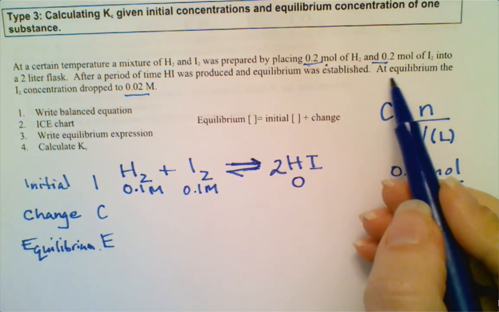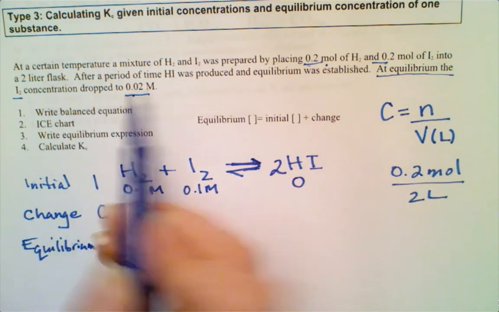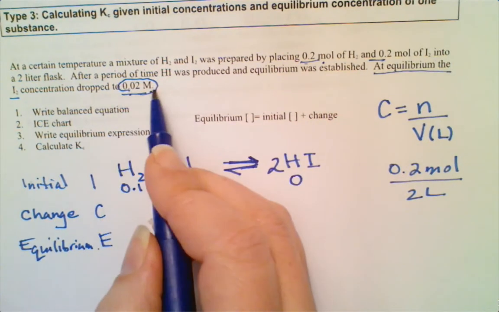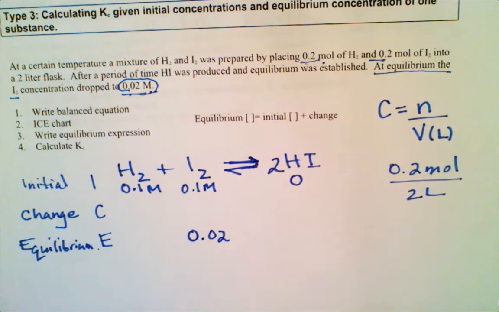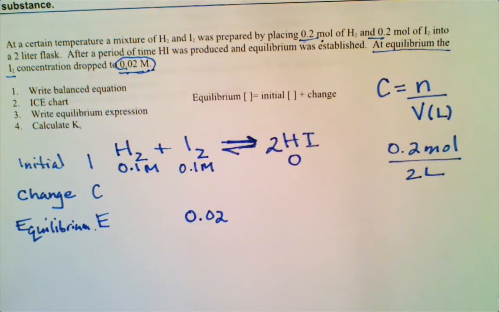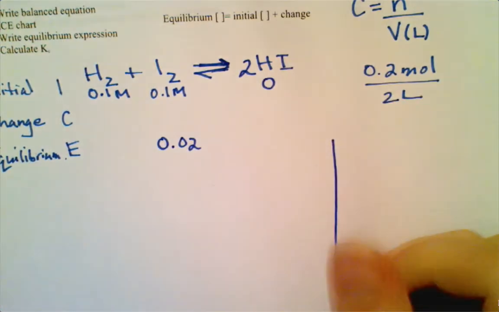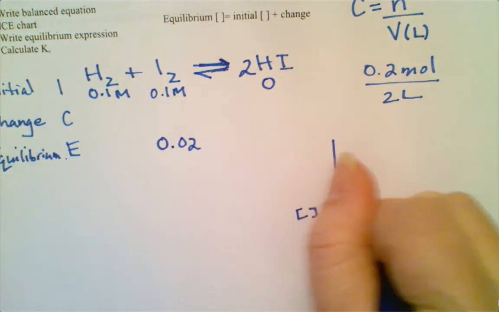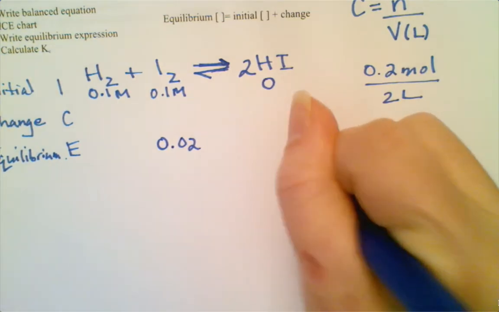The other piece of information that they give us in the question is that at equilibrium, the I2 concentration has dropped to 0.02 moles per liter. We don't have to convert that because it's already been given to us as a concentration. So graphically, what is happening here? Let's just, off to the side, construct a quick little concentration-time graph. Let's say this is 0, this is 0.05 moles per liter, this is 0.1, this is 0.15,